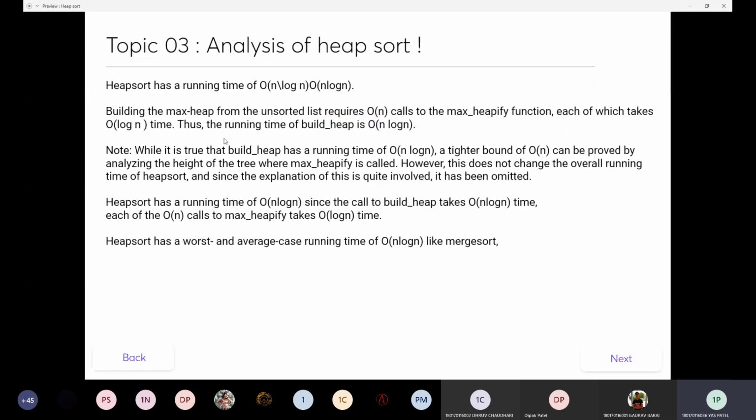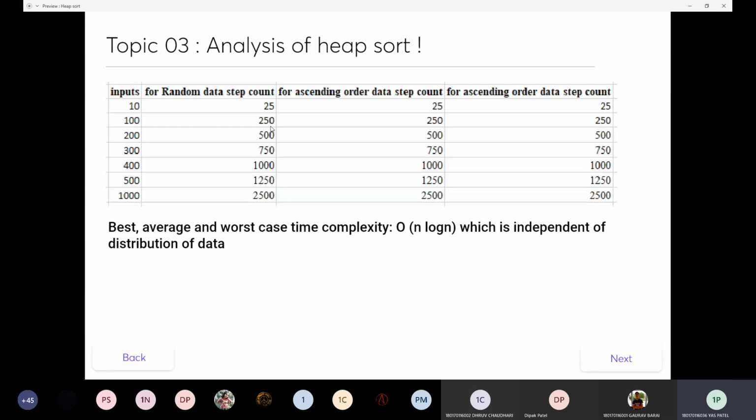So now let's talk about the analysis of heap sort. So I just wrote that algorithm and counted the steps. I have given 10 inputs, and for random data the step count is 25.